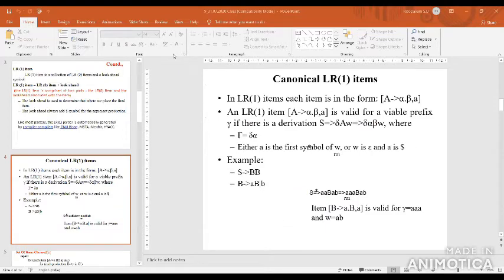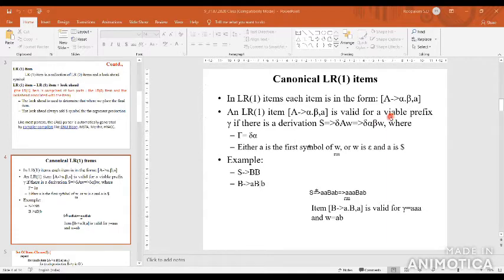So here you can check the canonical collection of LR(1) items. In an LR(1) item, each item is in the form A tends to alpha dot beta, comma a.